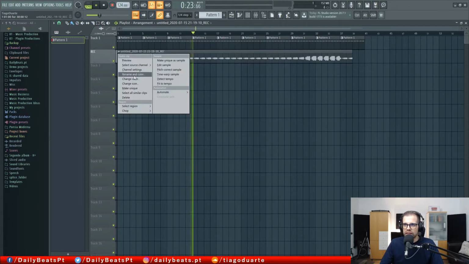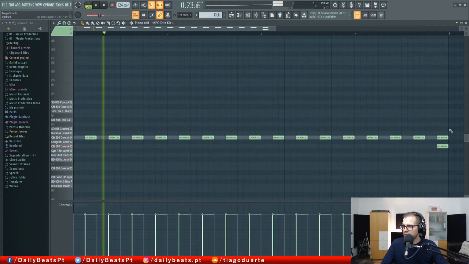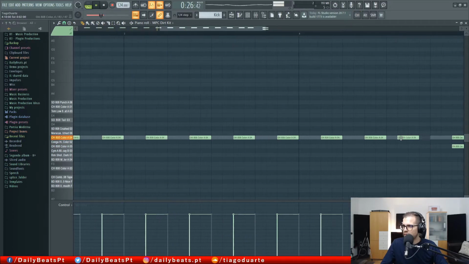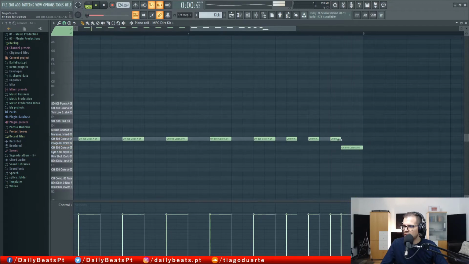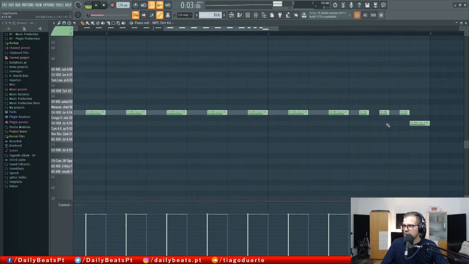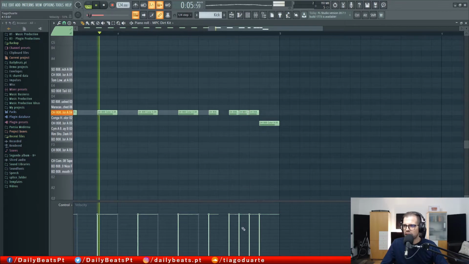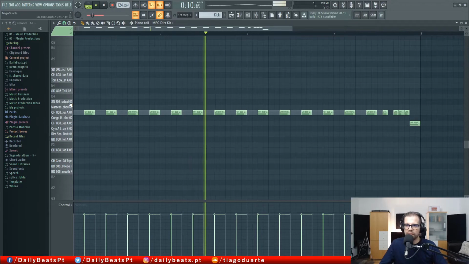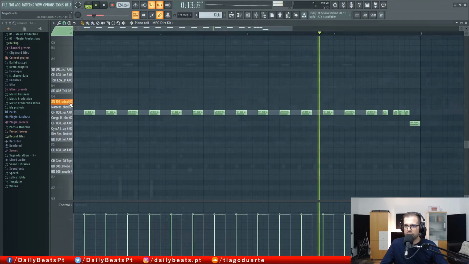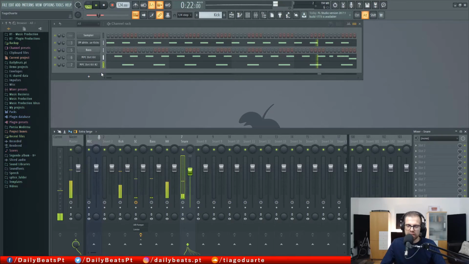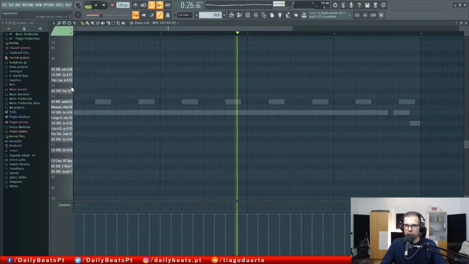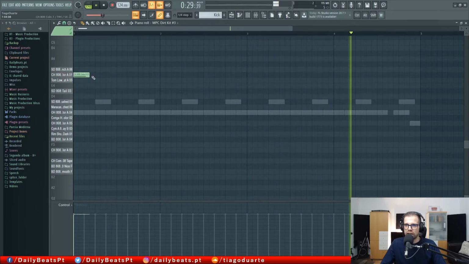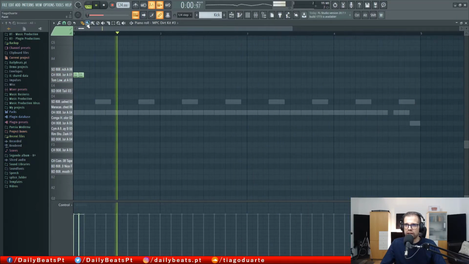So let me call this bass. Okay, I like that type of rhythm there. Let's see. Okay, this sounds nice. Maybe I can add another one with a lower volume. Cool. Okay, so now I'm going to do the same thing because I think there is another hi-hat that I liked here, a short one, this one, and this one I'm going to put it like that,